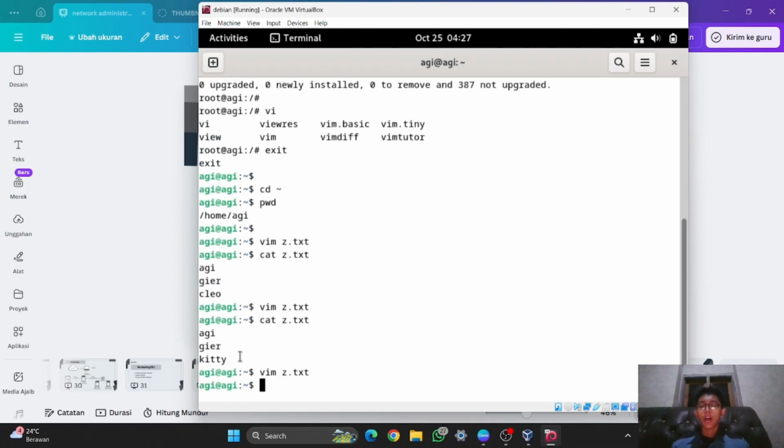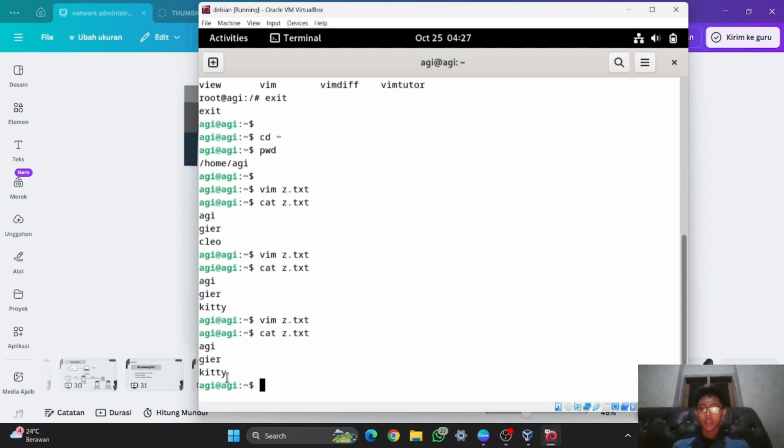Before, I set it from Kitty into Cleo, but I changed my mind, so I just want it to be Kitty, only Kitty. And here I will check again. As you can see, it is still Kitty and has not been saved into Cleo. So that is the function of Vim.